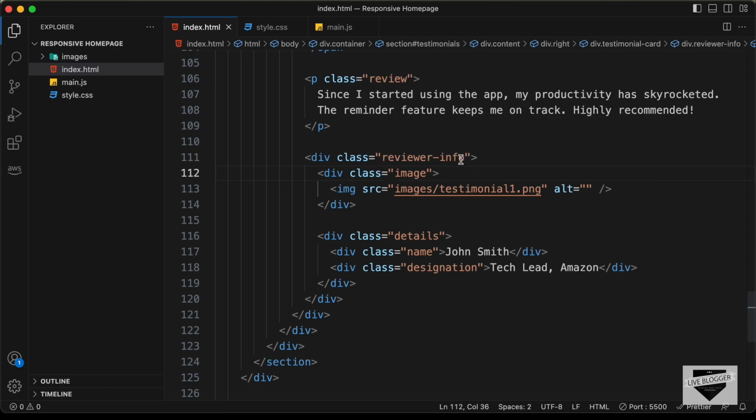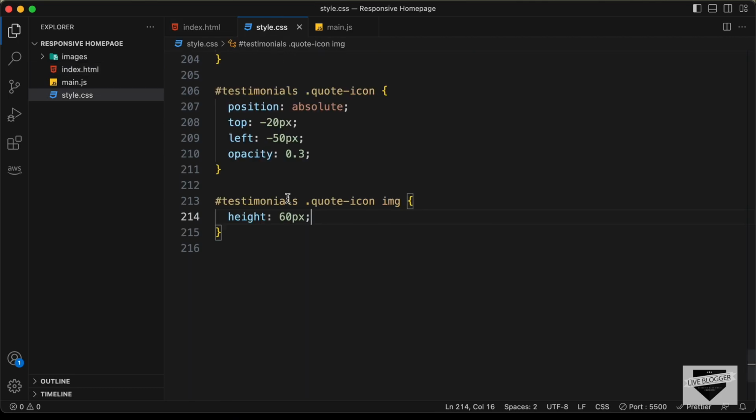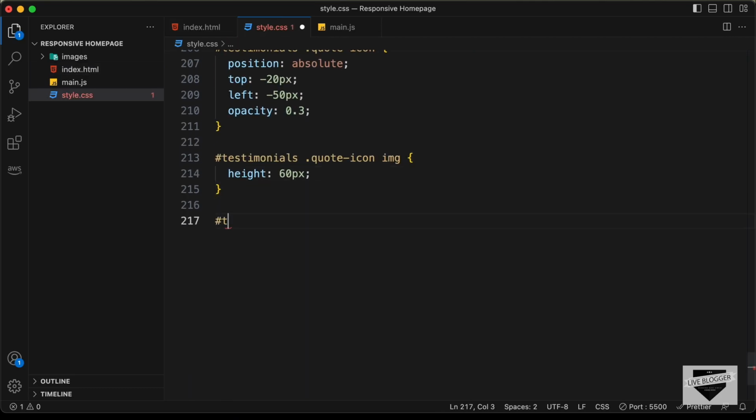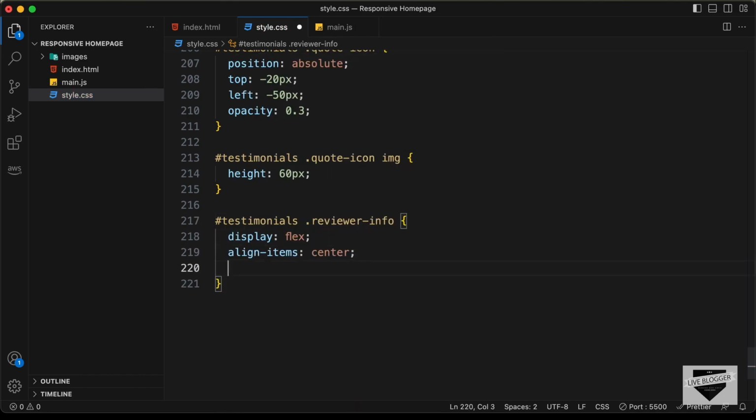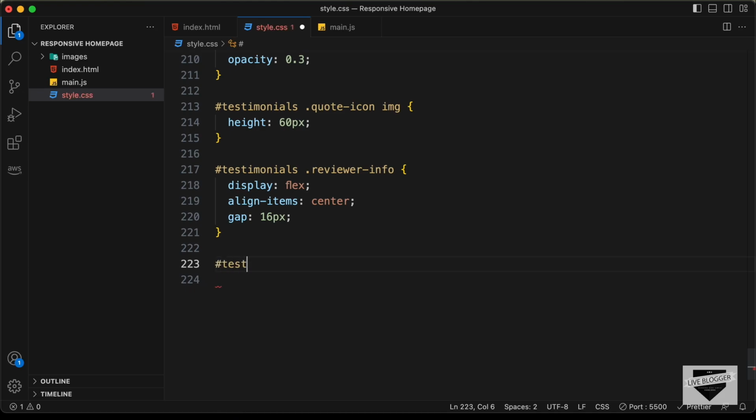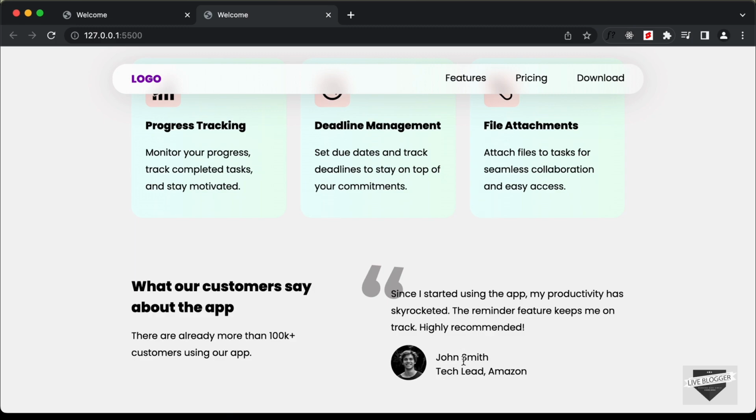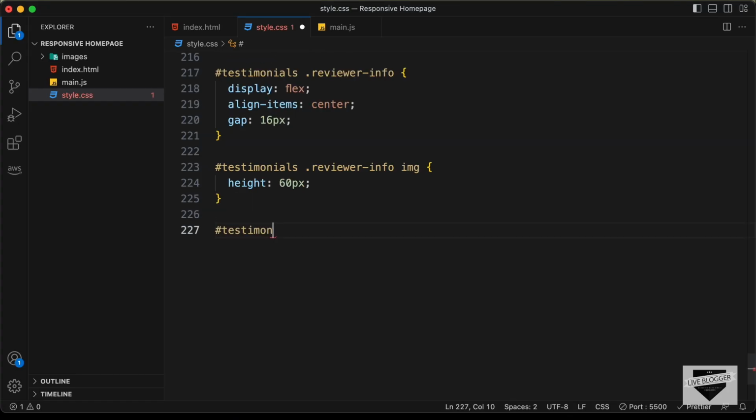So let's set the display of this reviewer info to flex. So just type Testimonials, reviewer info, and let's set the display to flex and align items to the center and a gap of 16 pixels. Right now let's style the image. So let's type Testimonials, reviewer info, img, and let's set the height to 60 pixels. And now let's style this name. So let's tap Testimonials, reviewer info, name, and let's set the font weight to bold,